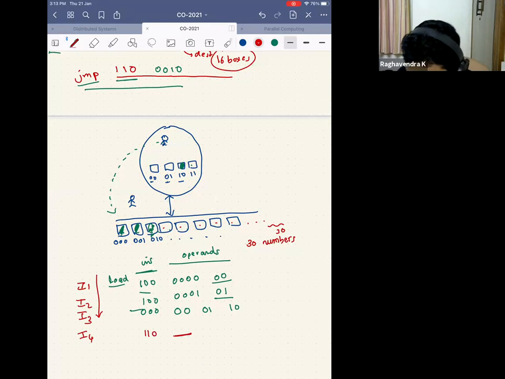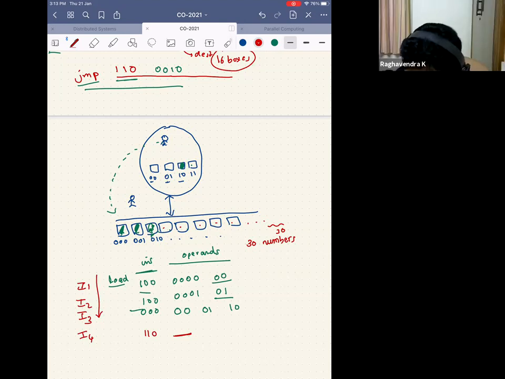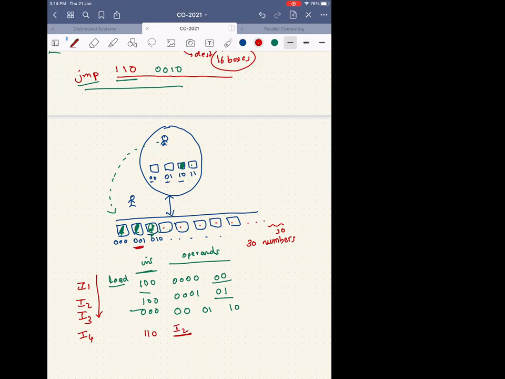So let's not worry about specifying something to this guy. From 110, where do you want to jump? Do you want to jump back to I2 or jump back to I3? First of all, I2, because you have to load the new value also. So what is I2 having? I2 is having, you are loading from this particular guy, right? Yes, sir. That's why I said that we will specify one more parameter.